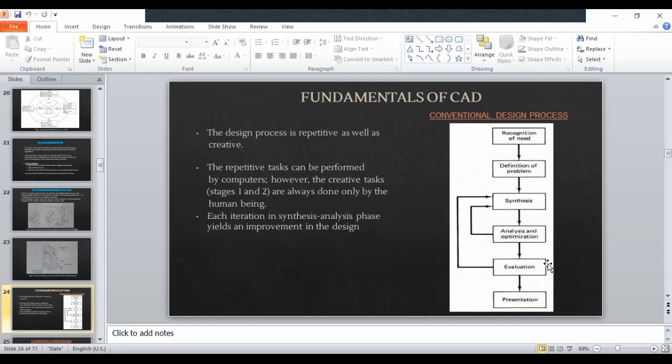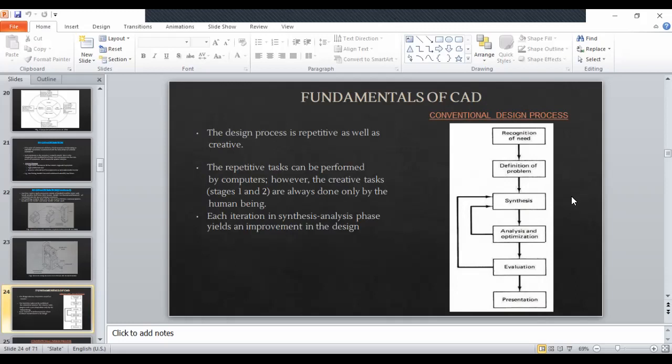Because they do not involve much creativity, these being initial phases. You have to recognize why you need that particular thing and where it is to be used; to be able to come up with that, you require some creativity. In definition of problem, you specify exactly what it is that you want to do, and the different design specifications. So you will clearly define what it is that you're going to design.